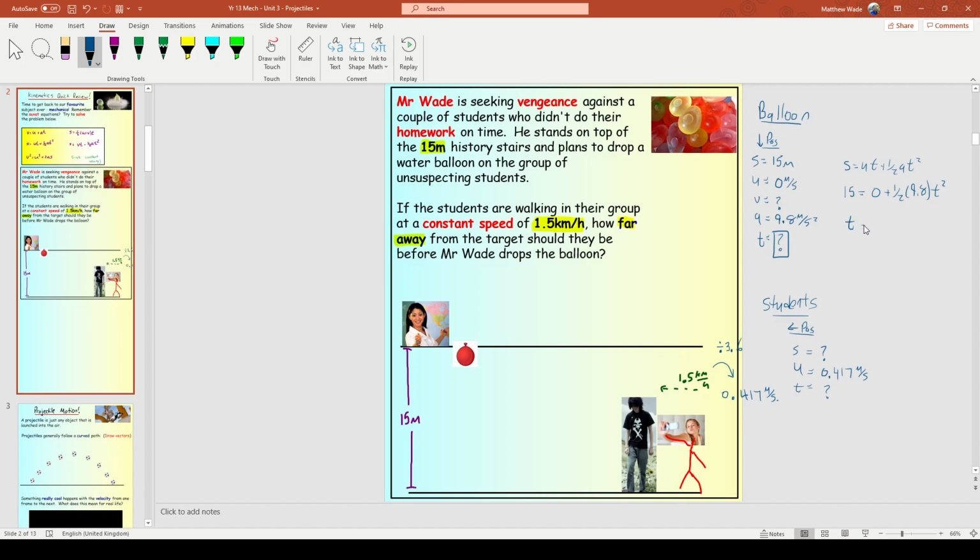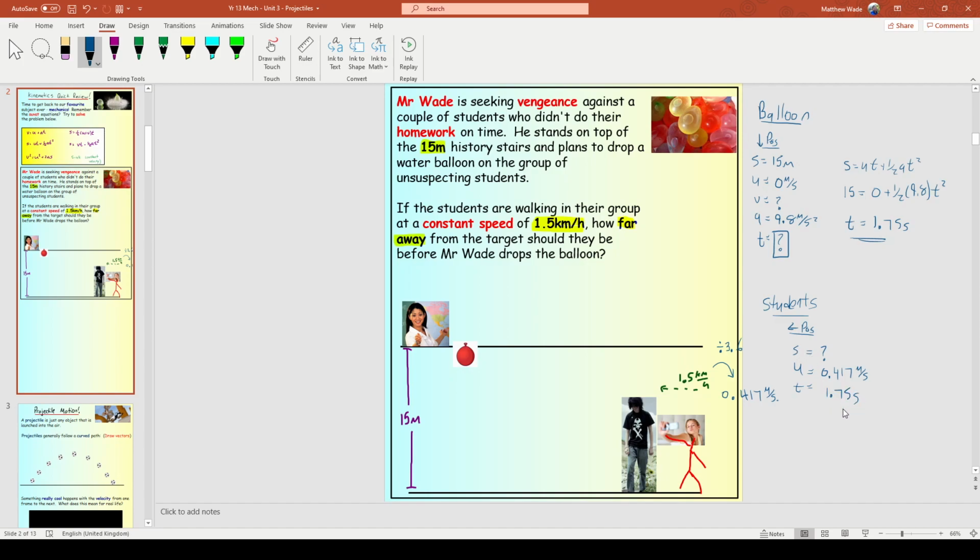That's what I would do anyway, because there's no method mark for that. You guys are year 13, so I trust that your rearranging skills are good. So here we go. It's going to be 15 divided by, open bracket, 0.5 times 9.8. Yep, equals that. Square root of that answer equals, and I've got 1.75 seconds to 3 sig fig. Okay, so that means it's going to take 1.75 seconds for the balloon to fall, which means I should drop the balloon 1.75 seconds